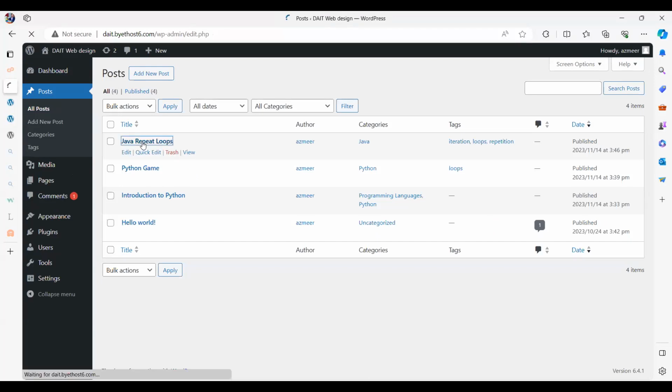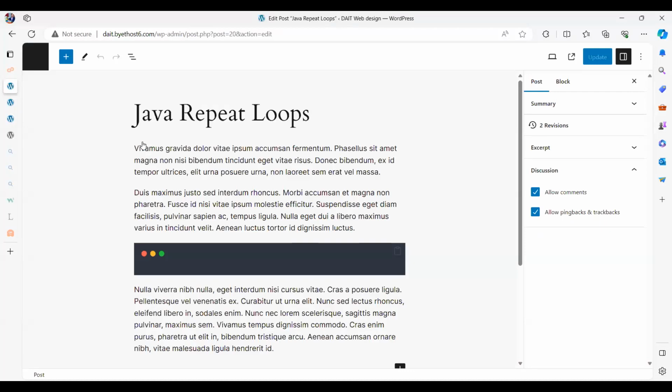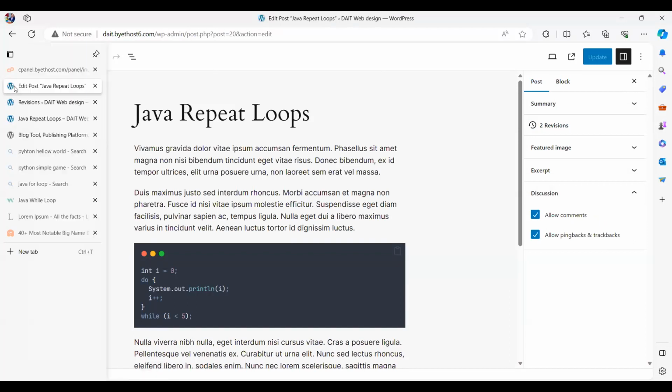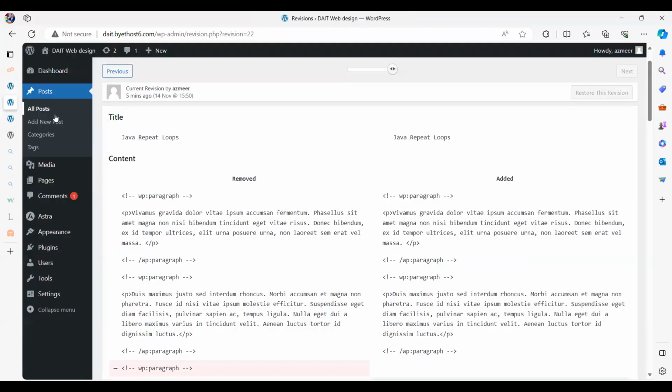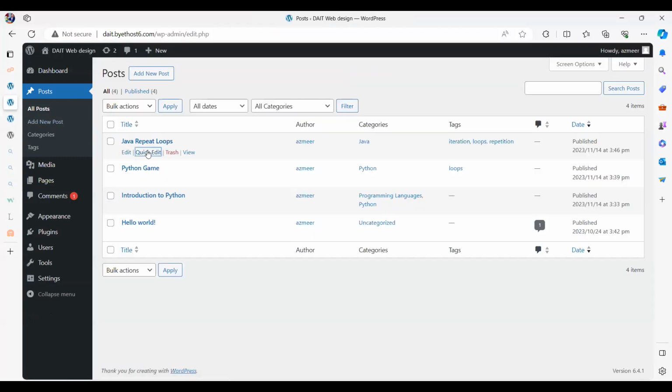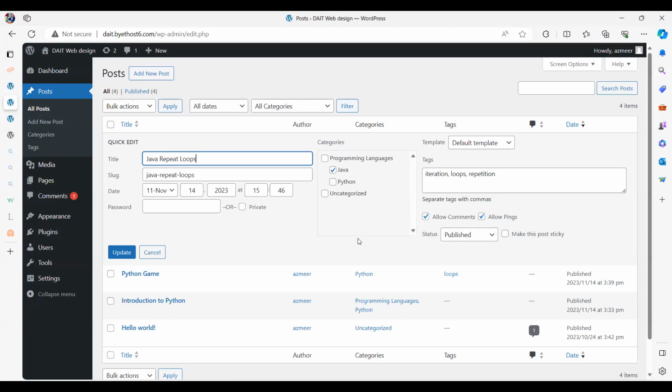Okay, Java. Do a quick hit. Okay, single with sidebar. So here I can change that template.